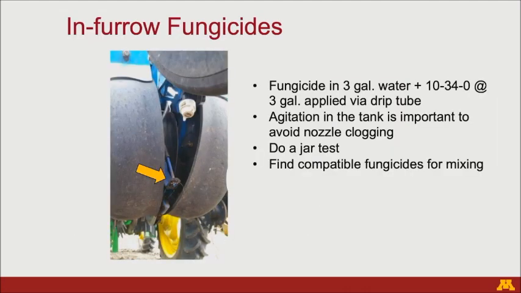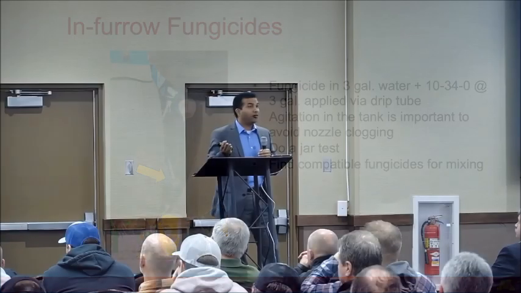And when I talk about fungicides, right? So we're not just applying fungicides. Sometimes we're also adding starter fertilizers, especially for the soils that you need a little bit of phosphorus boost here. So the way we apply these fungicides, we make 3 gallons of 10-34-0 and then 3 gallons of fungicide. The total 6 gallons is going in the furrow as a dribble, right? But other thing to keep in mind, do your own jar test to see if the fungicide and then the fertilizer that you're using, if they're compatible or not. Otherwise it's just going to ruin your day when you get in the planter to do that.